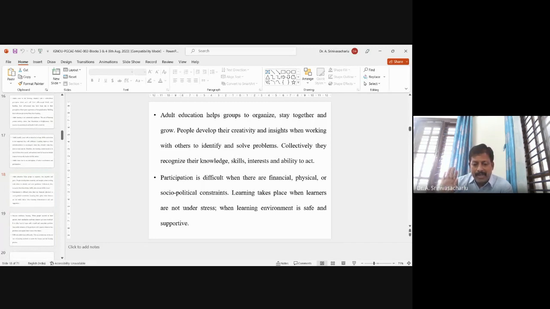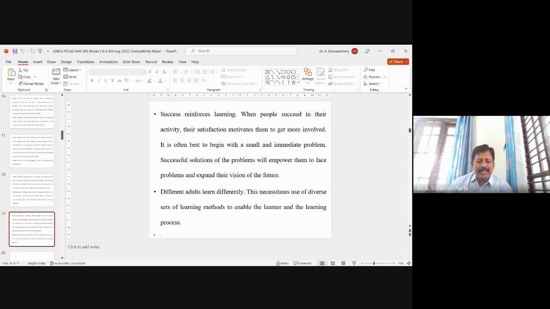The learning environment should be safe and supportive. Already I mentioned a friendly atmosphere is more important. Many a time the trainer is a youngster and the adult learners are older. Sometimes they are the age of mother or father, and very rarely grandfather. So the trainer, the adult educator, should deal with them sensibly. Fine. Then the next one,